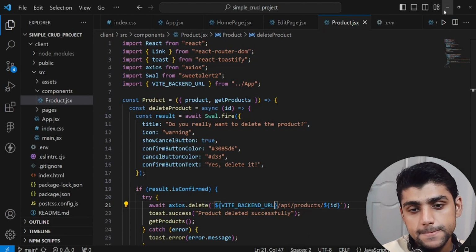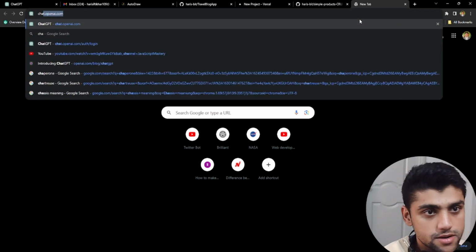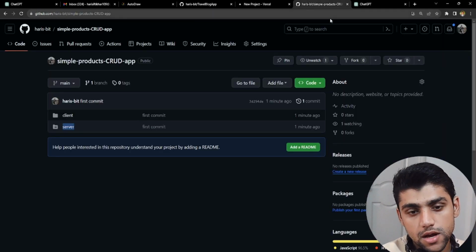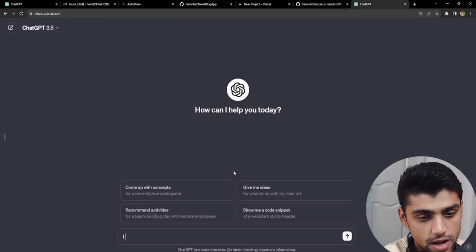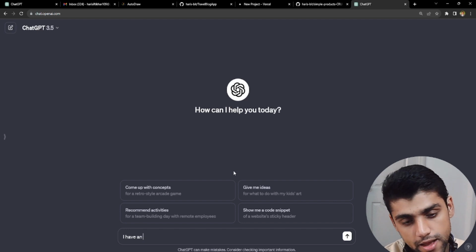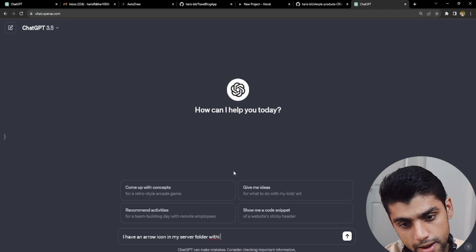A better way to do this is to open up ChatGPT, and ask: I have an arrow icon in my server folder within my main Git repository